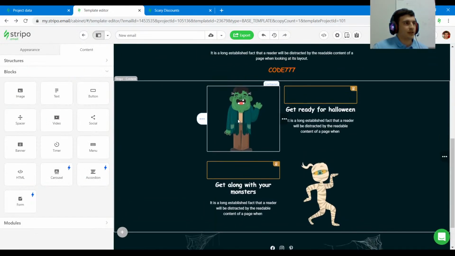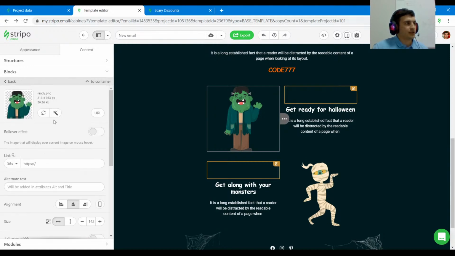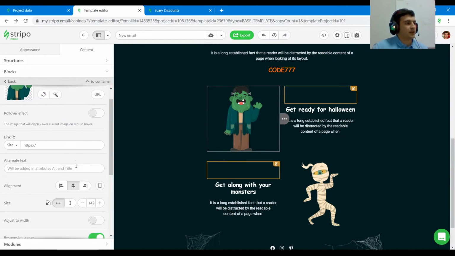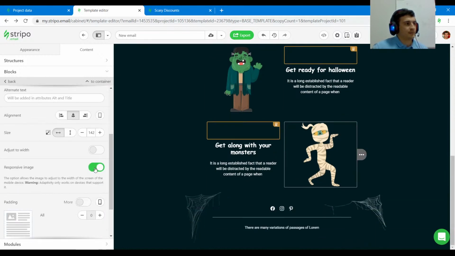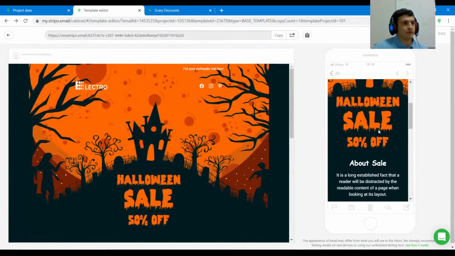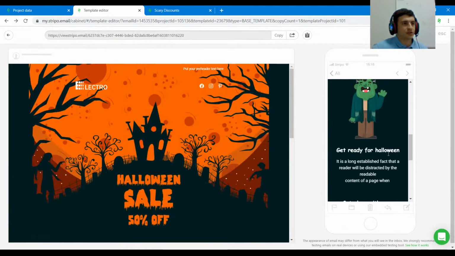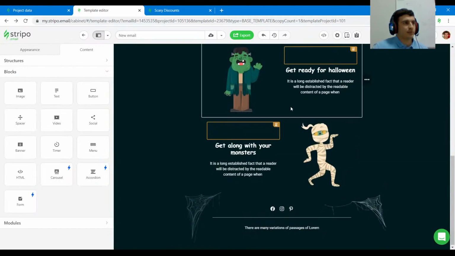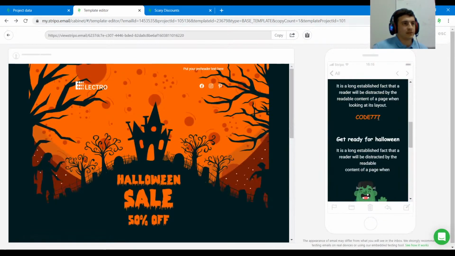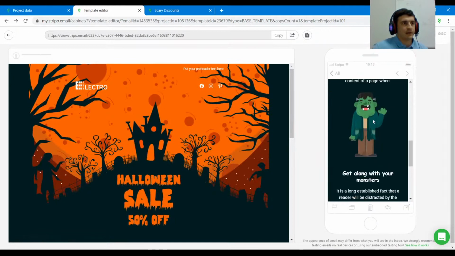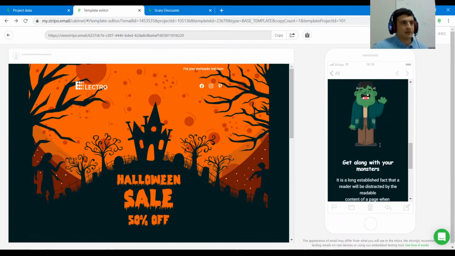What else can we adjust? Because these images, this one and this one, are not too big, we can also turn off the switcher here, and the images will be smaller in our mobile version. And also I think it will be better to use the container inversion option here. Let's take a look at the results. So now we have an image, a text, and an image under the text, and it looks